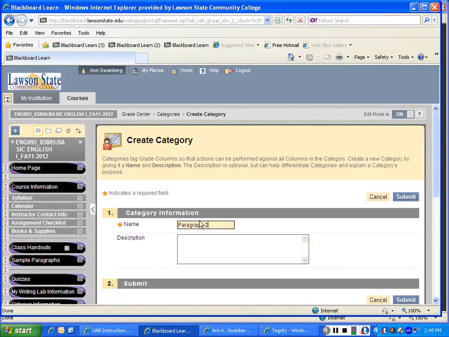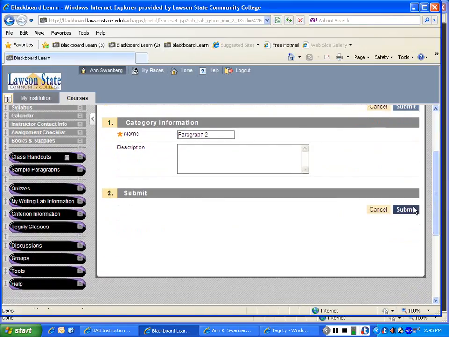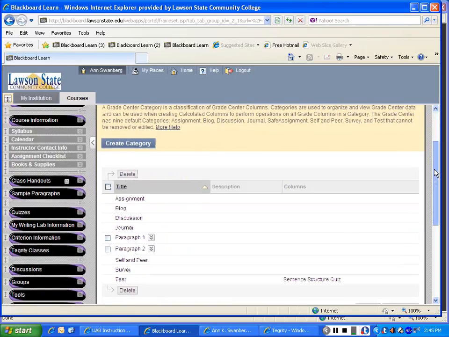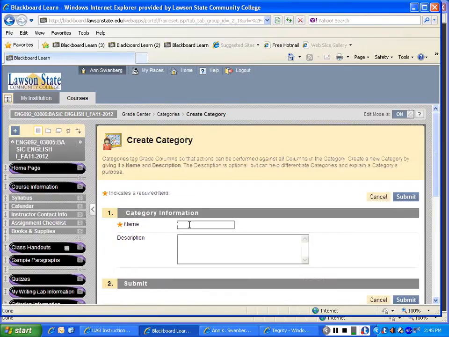So paragraph 2. And here I don't bother with a description. I just click Submit. So then you can see paragraph 2. I'm going to create all the categories that I need. Paragraph 3 and Submit. Create category. Bear with me, paragraph 4, Submit, paragraph 5, you can see what a lovely typist I am, create category, test 1, Submit,